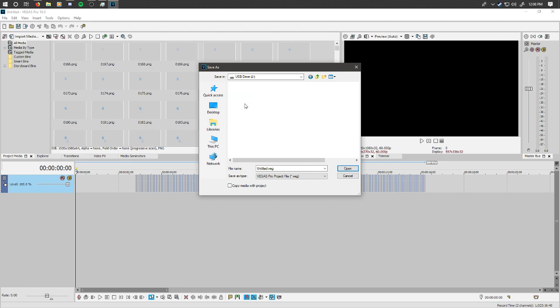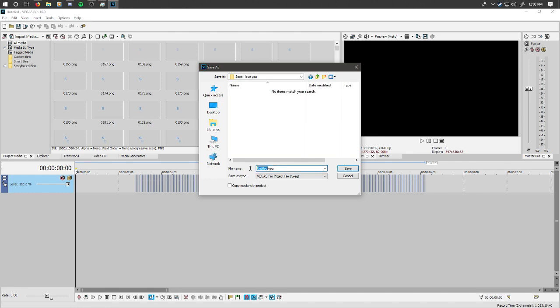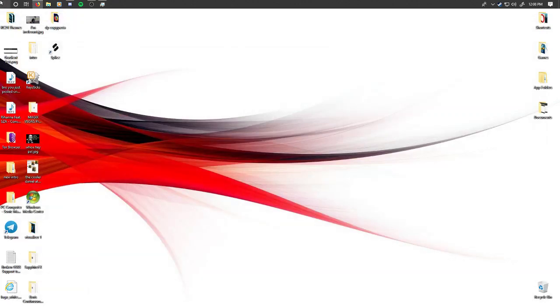It's the Blender folder. Intros. Animated text spinning. 3D. Scott, I love you. Effects. Stop. Vegas. So I'm going to save that and close Vegas. Go to my start menu, which...